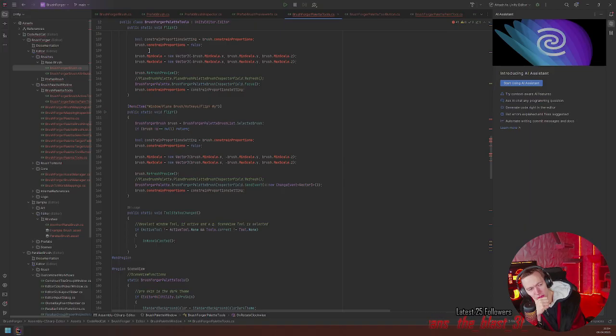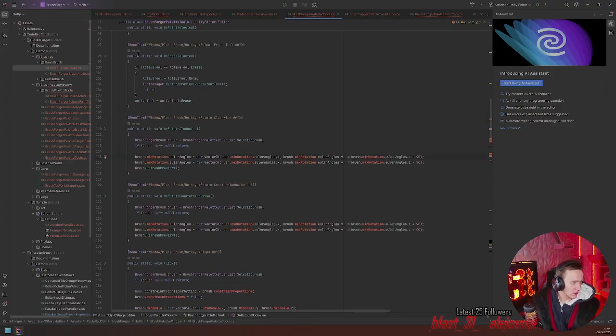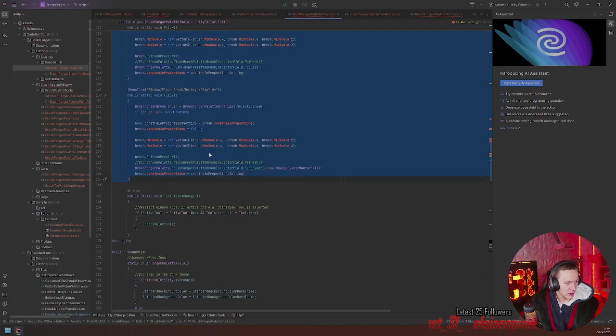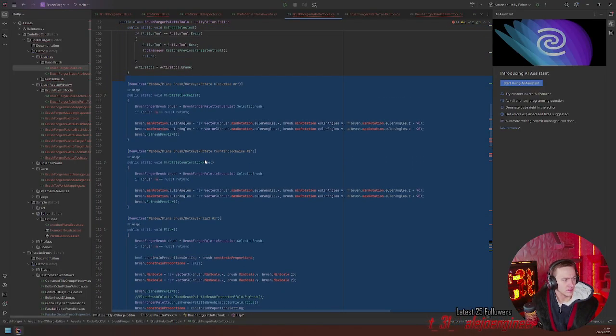I don't know if we can actually call this from a brush, but we will just try. So all these are going into the brush.